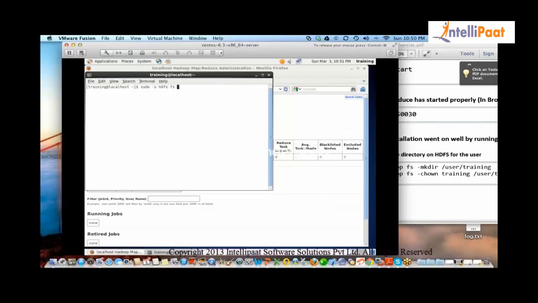hdfs fs make directory. You are making this directory for yourself. Okay, this is where Hadoop will pick up your data from. Got it? Okay. This is your own data that you will be putting here. So after you create, you want to say that I have created user training inside Hadoop file system. Please make training as the owner for it. So what you've done right now is you've created a directory called user training, and you've made yourself the owner of it.